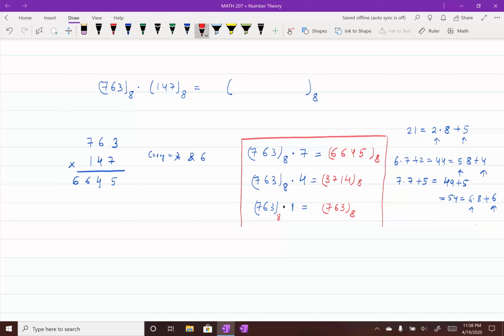Okay, so once we have these three products, we can put them as the first row, second row, and third row in the product of this expansion. So the first row is 6, 6, 4, 5, and then you do the shifting towards the left side, and then you write the second row as 3, 7, 1, 4. So 4 will be here, 1 will be here, 7 will be here, 3 will be here, and then you do one more shifting. So you shift 2 places to the left, and then take 7, 6, 3. So 3 will be here, 6 will be here, and 7 will be here. And if you add them together,